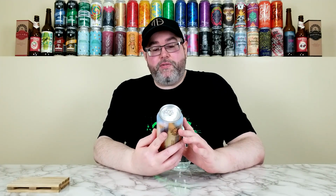Recently I was in one of my local grocery stores that has a pretty awesome craft beer selection, and there was a discount section in the cooler, and this was a part of it, at $3.99 a can. Typically these Bistro Crumble beers from Energy City are anywhere between $6 and $7 per can here in the Buffalo, New York area, and this being only $4, I was like, I'm gonna grab it. And then I saw the date and I was like, well, it's a little bit old, but